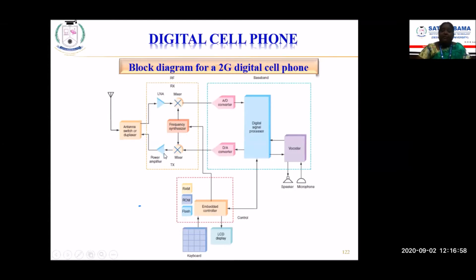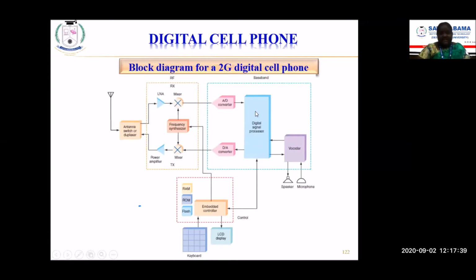Okay, and if we want to transmit the signal, we have to boost up the signal. So we make use of a power amplifier. At the receiver section, we will have a low noise amplifier for removing noise in the signal that is received. And for the transmitter side, we will have the power amplifier for boosting up the signal before transmitting via the wireless antenna. Okay, so all this antenna has been miniaturized, and it is of smaller size, and it is inbuilt in the cellular telephone itself. So this is about the RF section, which acts as the transceiver. That is, the transmitter and the receiver section are available here.